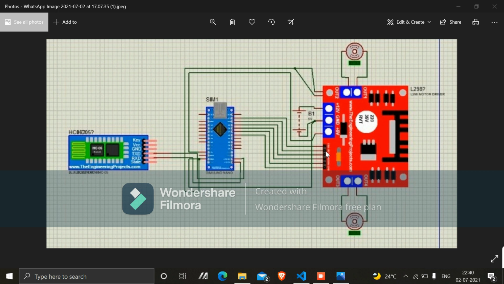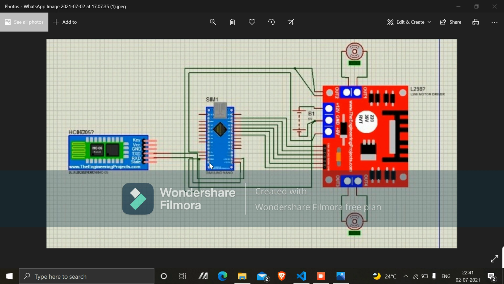Similarly, input pin 1, input pin 2, input pin 3, and input pin 4 are connected to digital pin 10, digital pin 9, digital pin 8 and digital pin 7 respectively, and the ENB pin of the motor driver module is connected to digital pin 6. The basic function of the ENA and ENB pins is that they switch on or switch off the motor driver, which helps in controlling the DC motors.